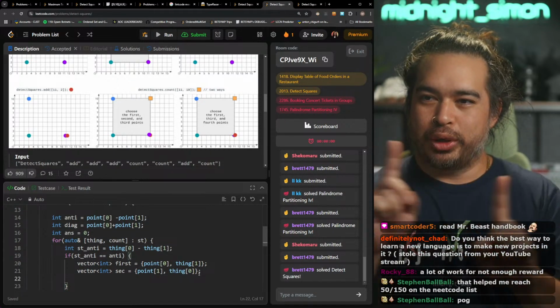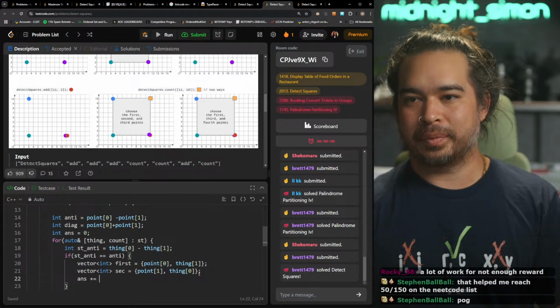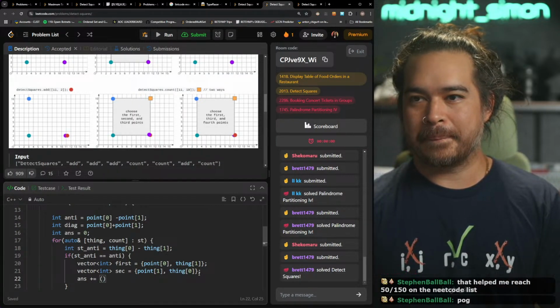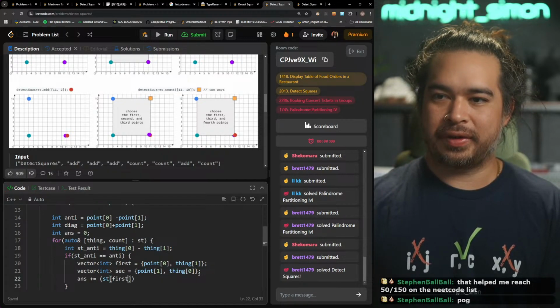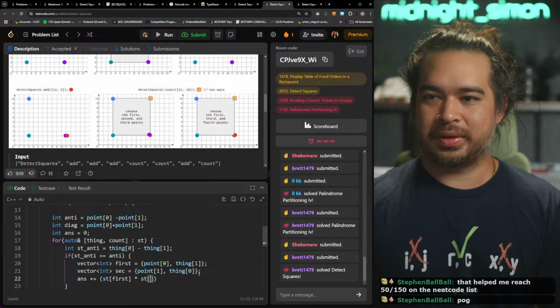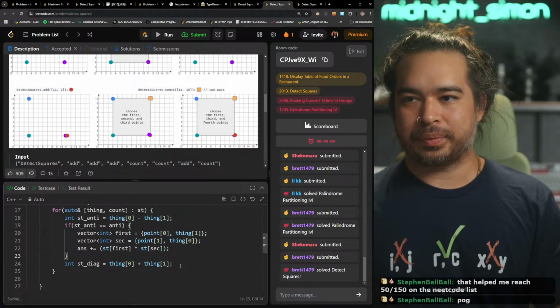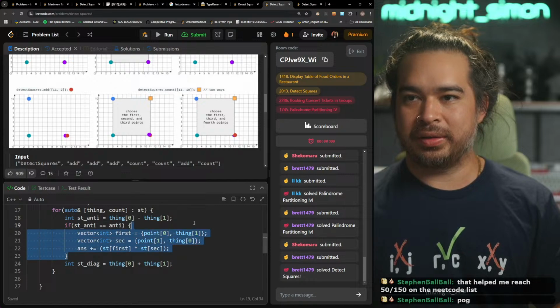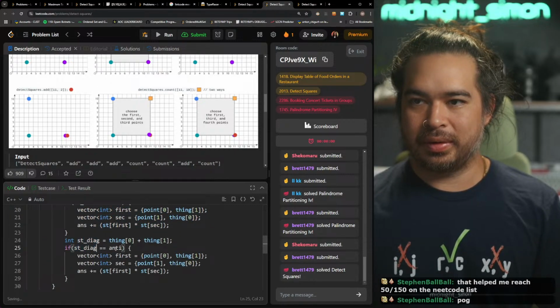And I guess we just multiply those things together. Set first times set second. And I guess the same thing for the diagonal.